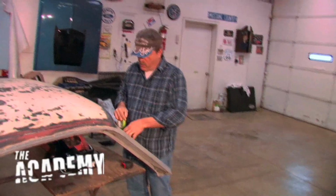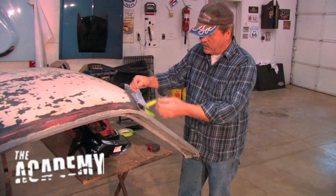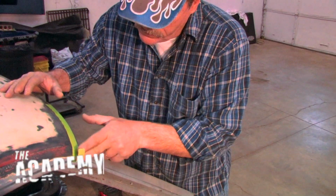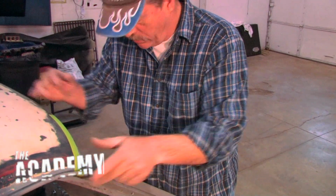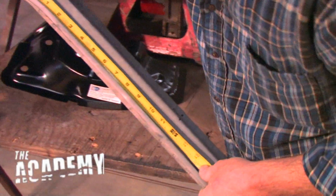So I think what we're going to do to make sure we get an even cut, I'm going to use a piece of tape as a straight edge. And I'm going to use that to measure off of. And then I'll do the same thing on the donor car, and they should come out pretty close. On this side,